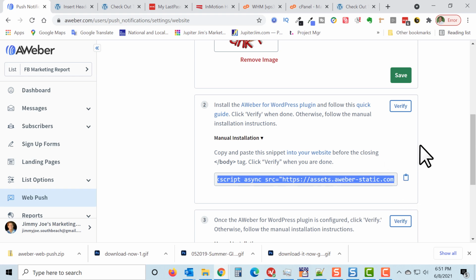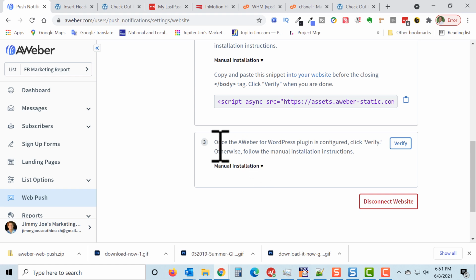Okay. So now all we have to do is verify. So this too is going to turn into a green check mark. Here we go. It's done. Now, what we want to do is